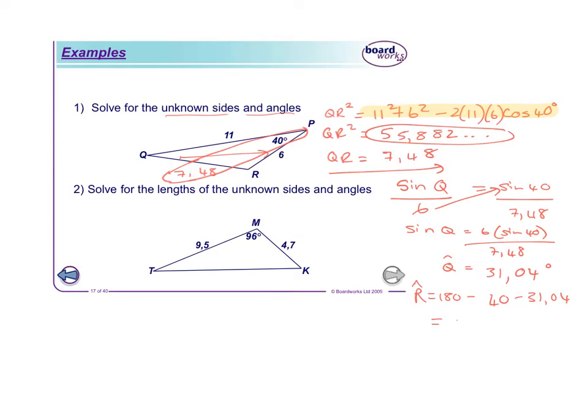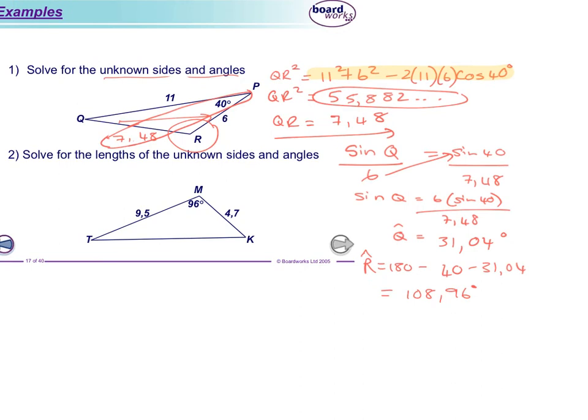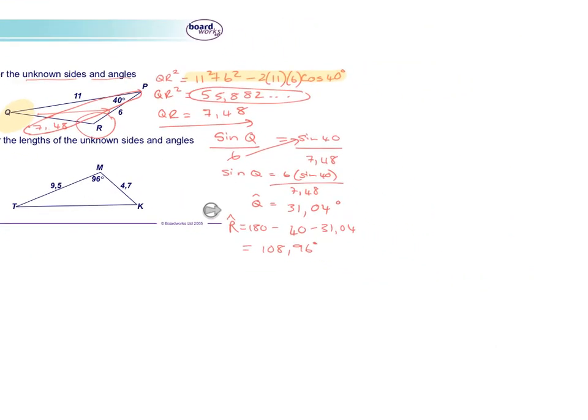And that gets us 108,96 degrees. Again, you can see R is quite a large angle. It is obtuse, so we don't have an issue when we're looking at the ambiguity here. If you are working with the sine rule, though, and you had done angle R before angle Q and you got R as an acute angle, you're going to have to use the ambiguous case and work out the obtuse. So that's why it's just better to rather work with the smaller looking angles, then they don't give you any issues. And don't forget here your angles